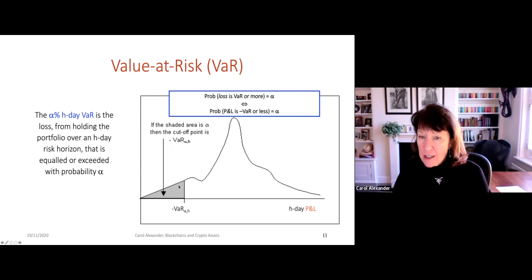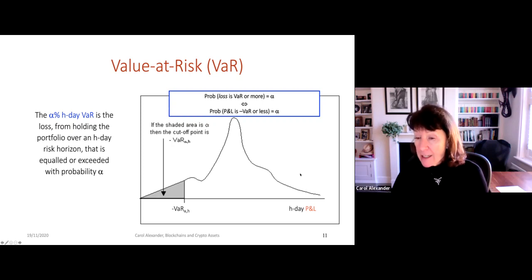So say the shaded area is 5% of the total area, and minus VAR is minus 2 million. In other words, VAR is 2 million. So this number here is minus 2 million. That means that I'm 95% sure, that's the rest of this, that I won't lose more than 2 million